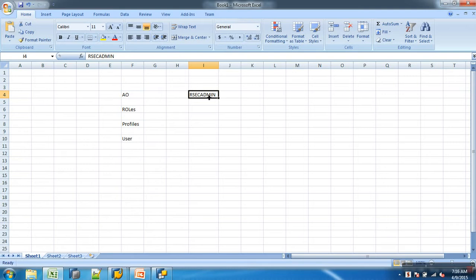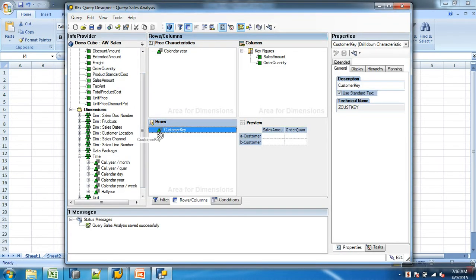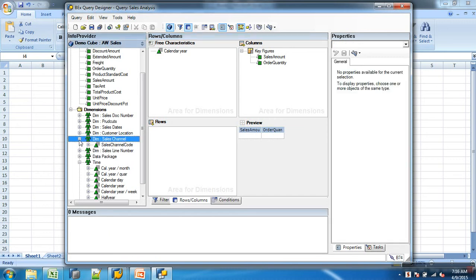Okay, that's fine. Now let's take a scenario. I want to make it simple. I have the sales channel code. Let's say I got online and retail, right? Store or something. So I have a store manager and I got a manager responsible for e-commerce. The e-commerce manager should be able to see data only for the online sales, and the store manager should be able to see the sales for stores, depending on the user who runs it.